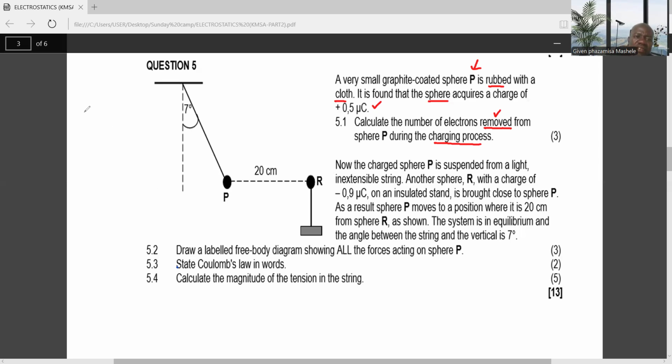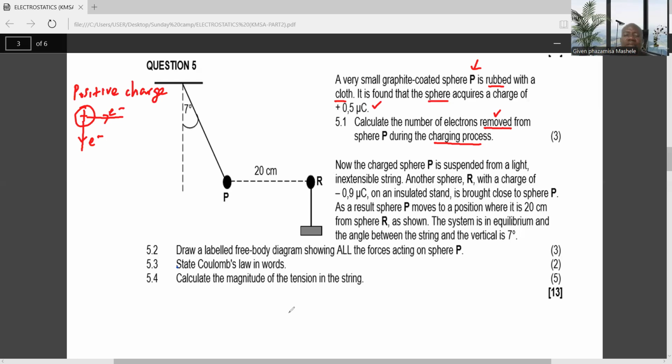It is an indication that sphere P is actually a positive charge, which is the one that releases electrons. So it means electrons become removed on it. Now we want to know the number of electrons that are removed from sphere P when it has acquired a charge of 0.5